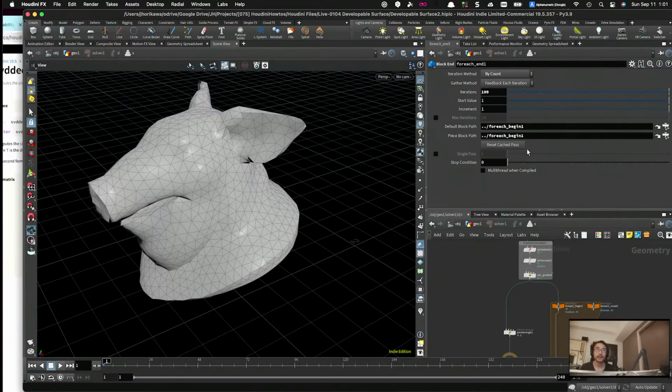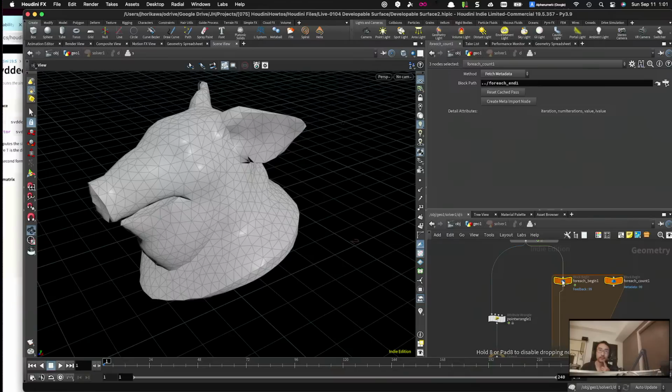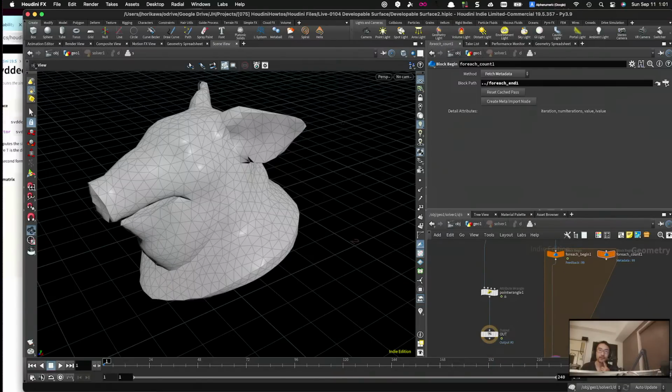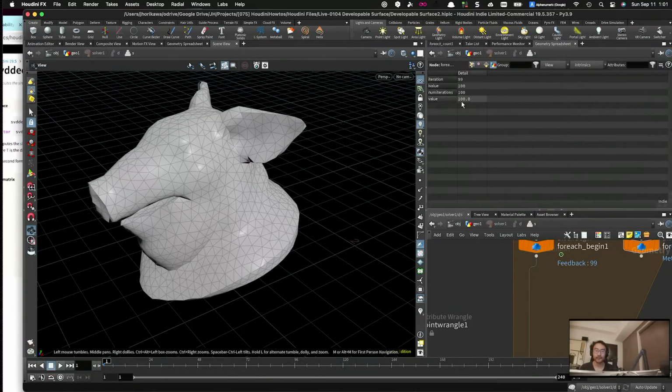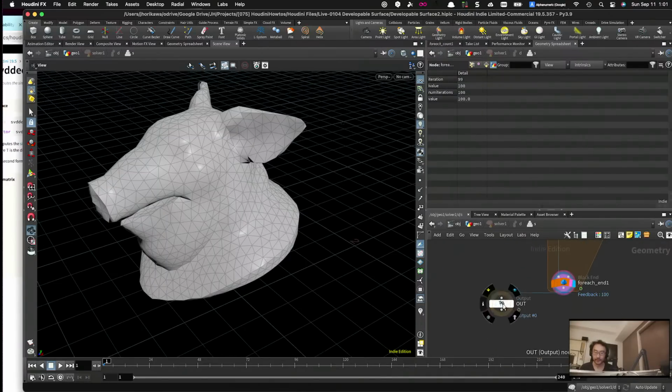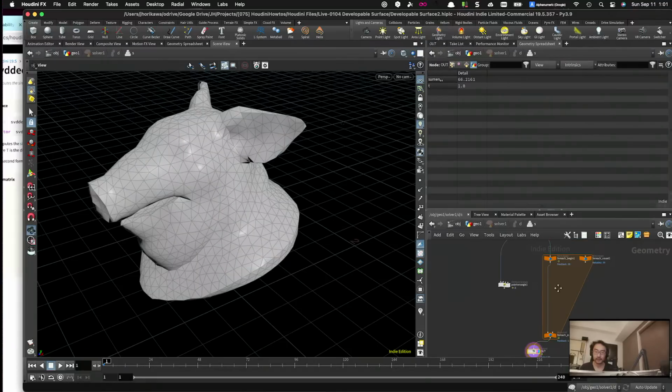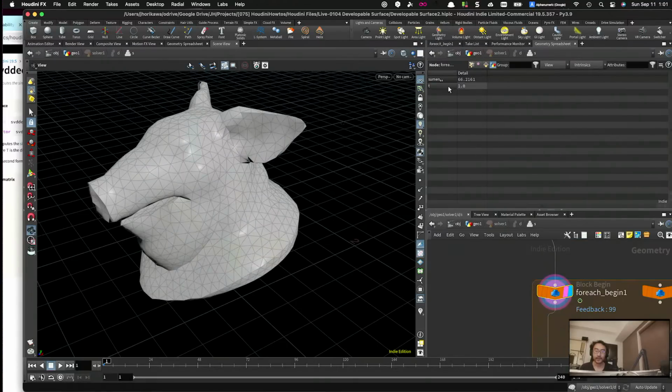Go inside, and first thing first, what we want to do is, inside a for loop, we would like to test this time step that we have in the detail attribute. Didn't have it. Where did it go? Okay, we have to connect this here. Okay. So we have this t as a detail attribute here, and we want to test if this t is okay